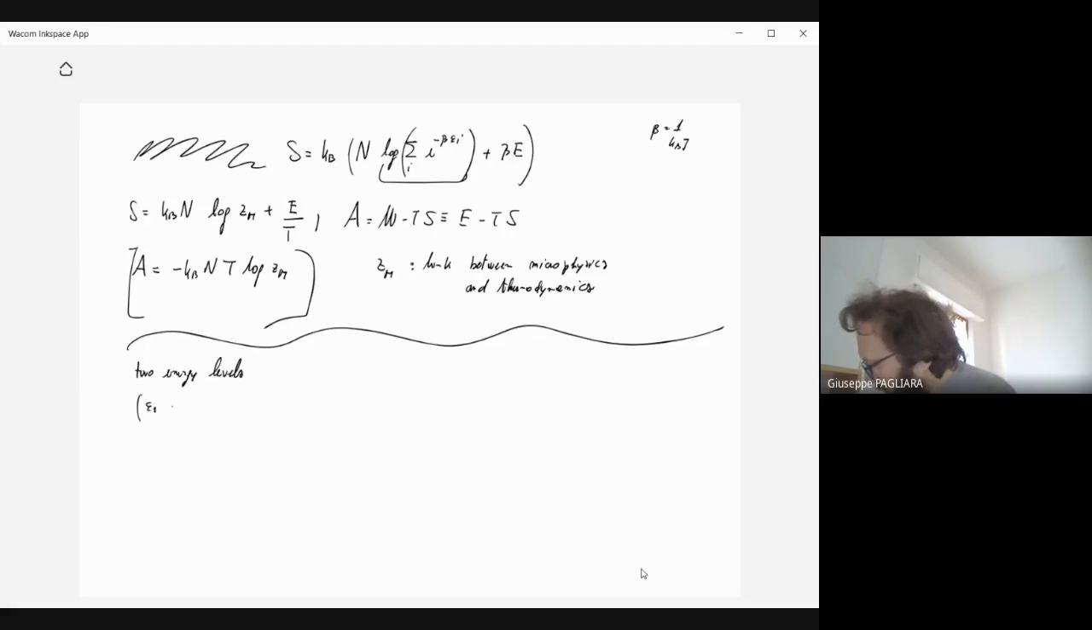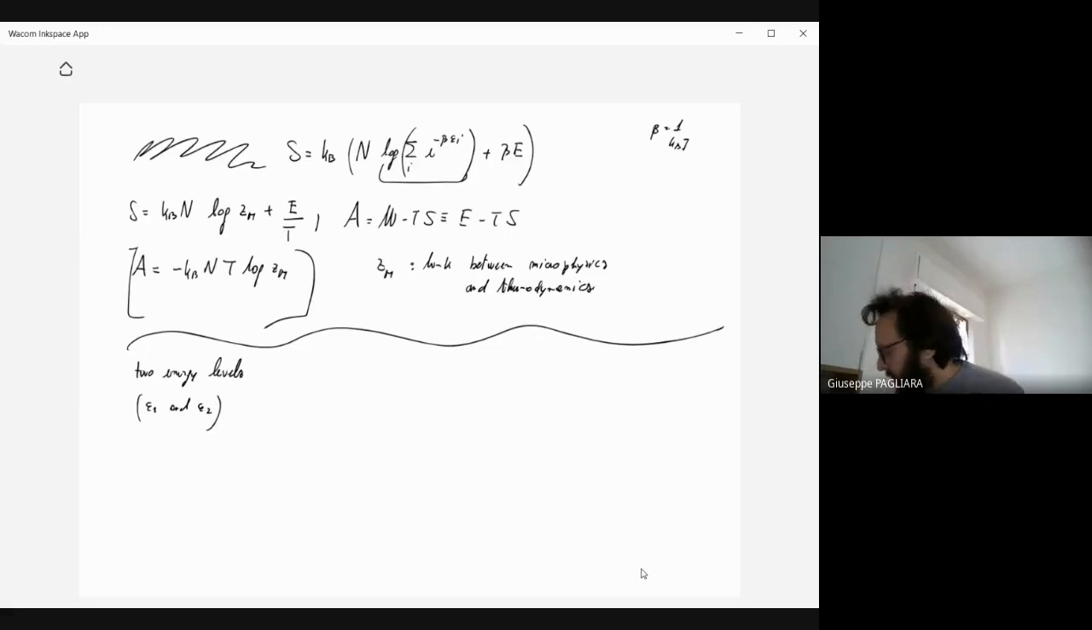So epsilon 1 and epsilon 2. The two energy levels example is paradigmatic, in the sense that it is used many times because it is a very useful system, as much as the harmonic oscillator. The two energy level example in statistical mechanics is very rich